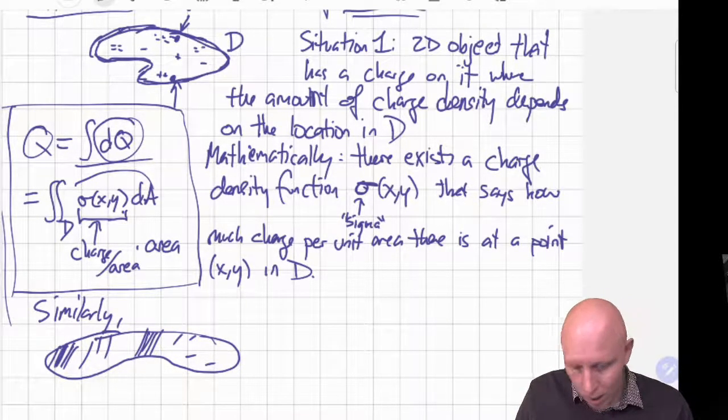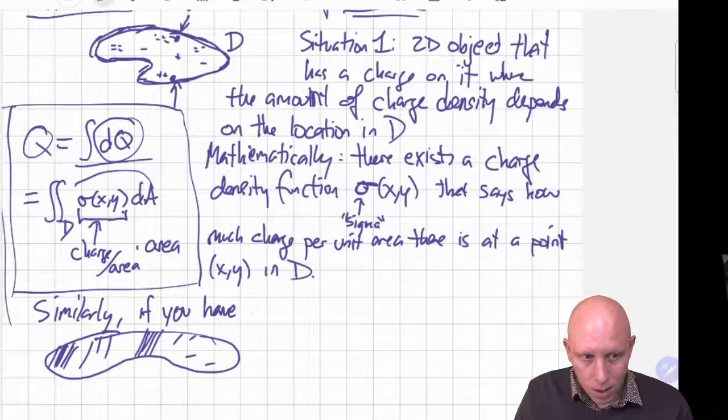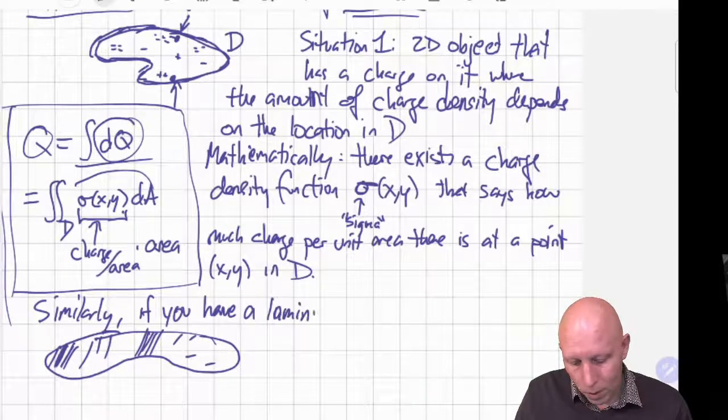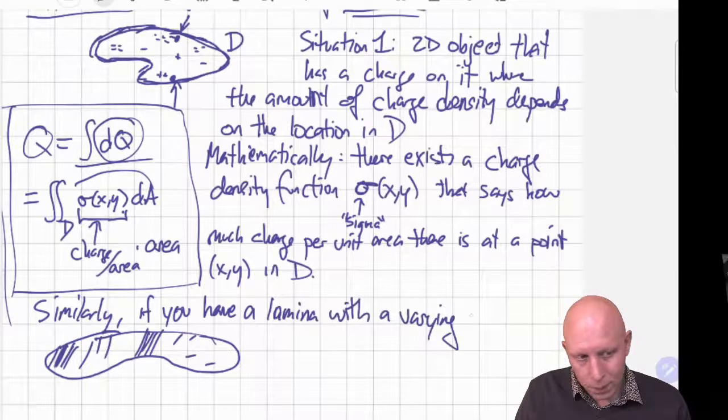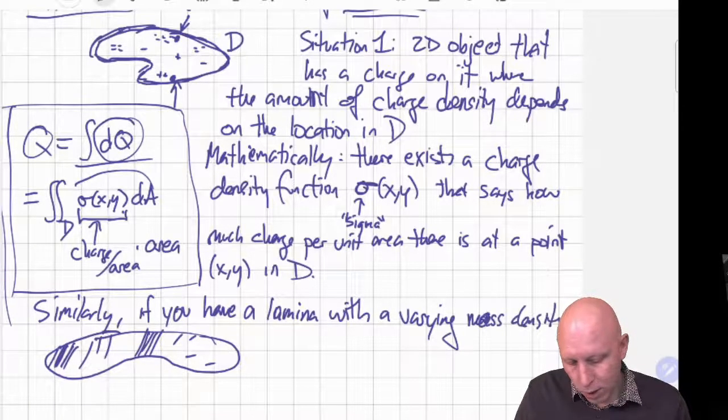So similarly, if you have a lamina with a varying mass density function,